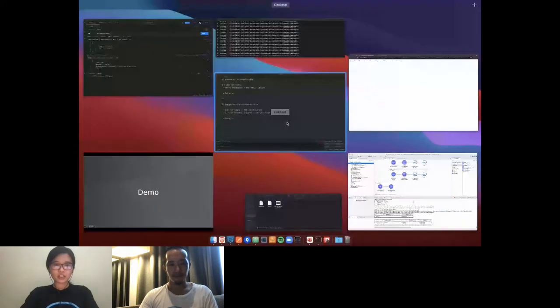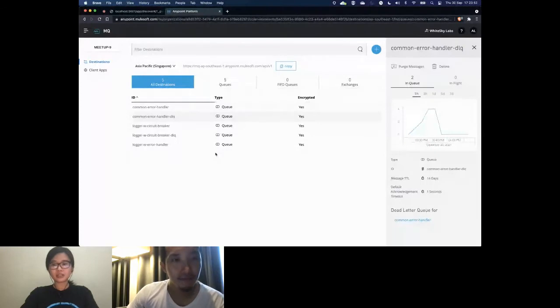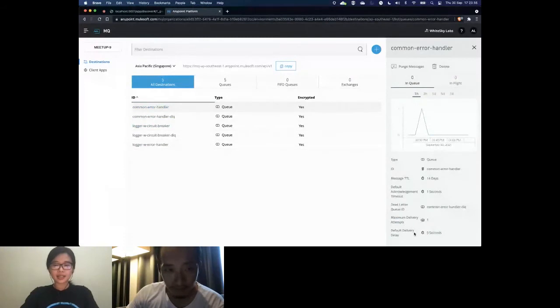Okay, so as mentioned, it's also important that we do not continuously retry. In this case, our error handler has a set delivery delay so that every time it receives a retriable message, it does not immediately fire it. In case the intended receiver only experiences a hiccup, we don't want to immediately exhaust the retry. So at least we give it time to recover, and from there, it might be intermittent. So the second attempt might be successful already.